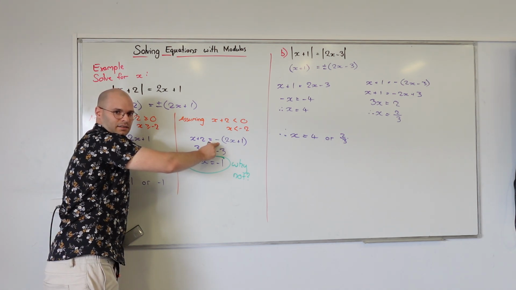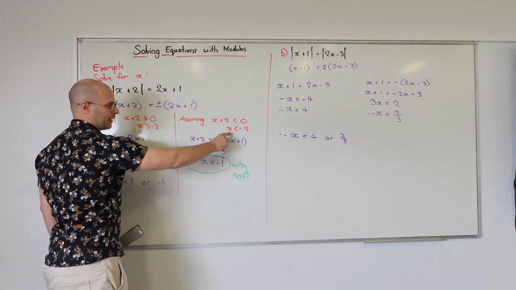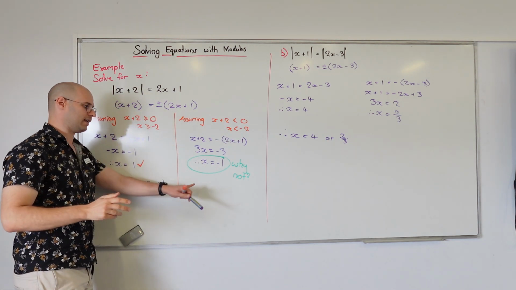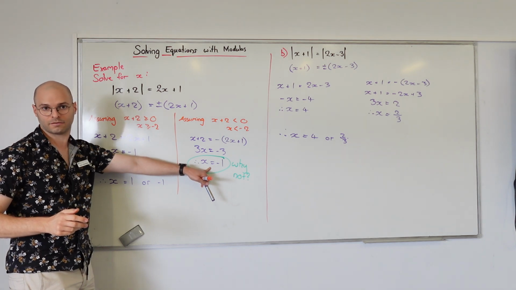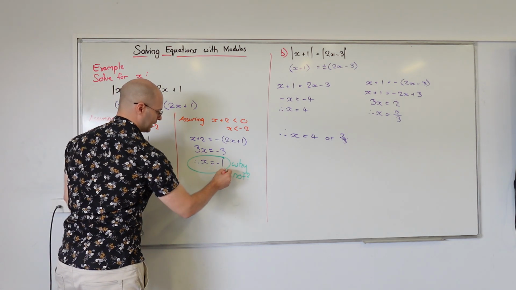Do you see? Now, if we are making the assertion that this is less than 2, we infer that x must be less than minus 2. But the question is, is the answer we're getting out of here valid? It's not. No, it's outside of our domain. So therefore,